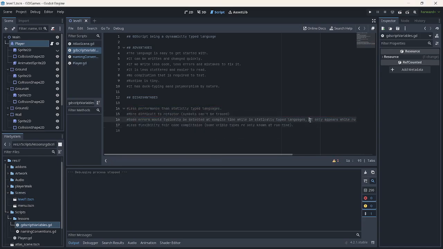So these are some of the things that we should be aware of in terms of the disadvantages of GDScript. We can now move forward to understanding what variables are. In any programming language, we have to identify what variables are, and assigning values and the assignment convention in GDScript.